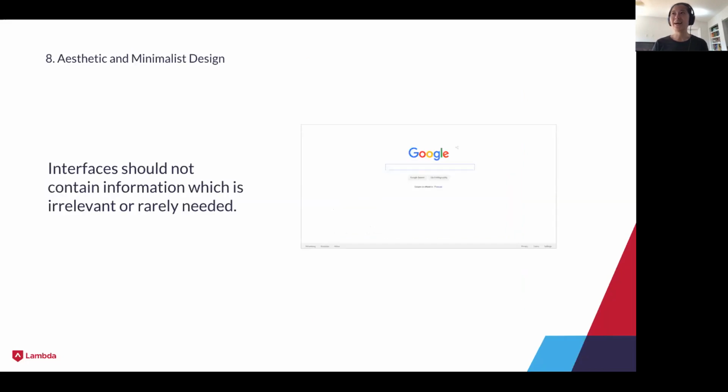All right. Next one, aesthetic and minimalist design. This we've talked a lot about over the last few weeks. So our interfaces shouldn't contain information that is irrelevant or rarely needed. Every unit of information that you add onto your page is going to compete with other sections of information. So we need to make sure that we are focusing on highlighting what's going to be most important to our